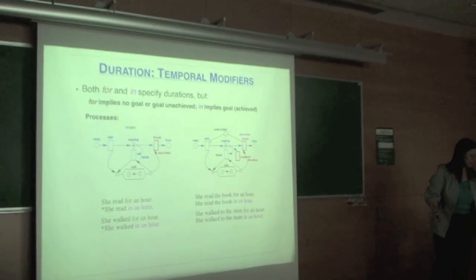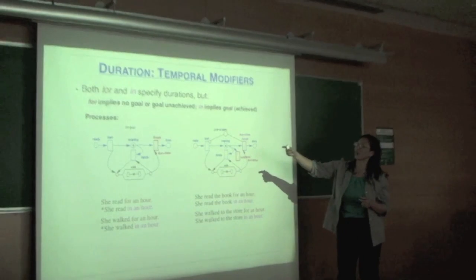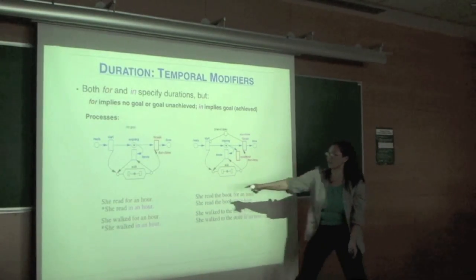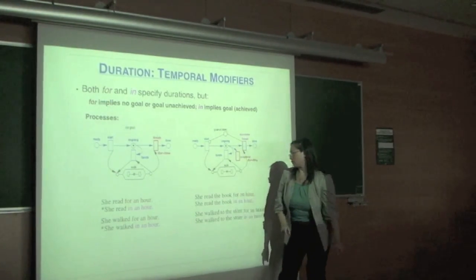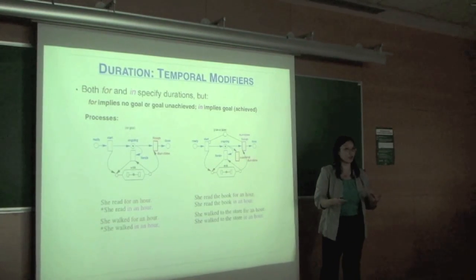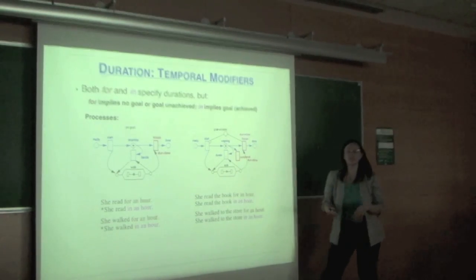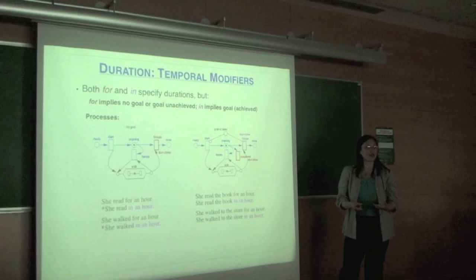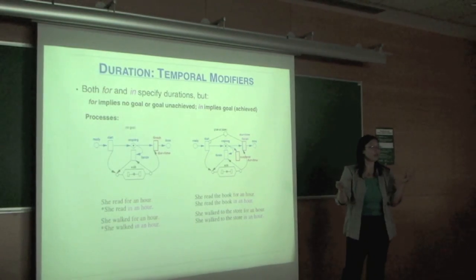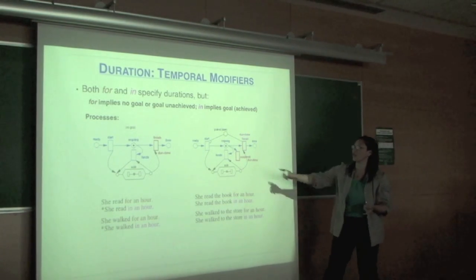And similarly, let's see. Oh, okay, well, I want to just flash back to these other pictures to remember that we're talking about sentences like, she read for an hour, she read the book for an hour, she read the book in an hour, right? The difference was, was there a whole book? What page was she on at the end? She read in an hour being strange. These can now suggest perhaps that the constructions for and in are similar in some ways, they both require some amount of time, and they want to say some time measure, but they're different in some way.